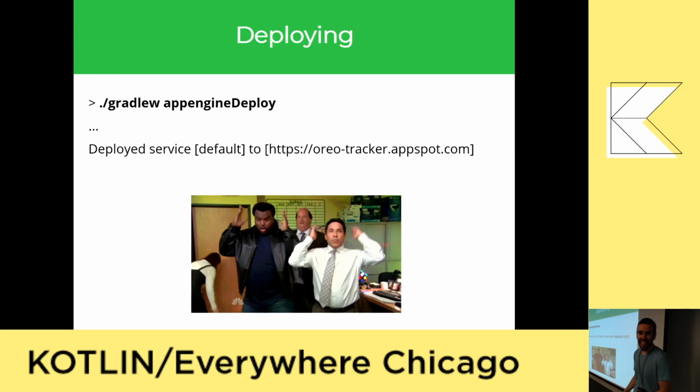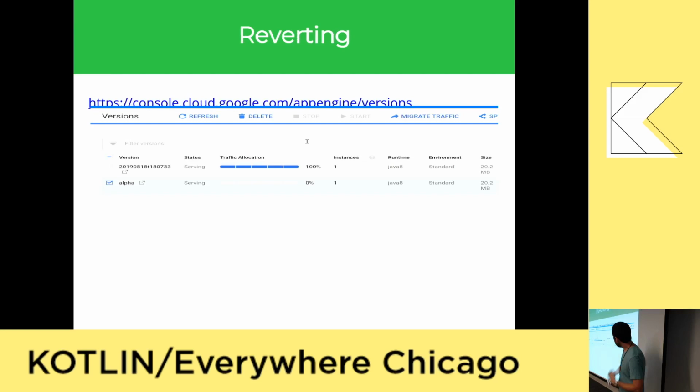Now let's say that you screwed up. The other nice thing about Google Cloud is that it will keep your old versions up there. You just have to go to the versions. Right here I have two of them, one that I called alpha, and the other one which was just an automatically generated timestamp. So you'll see I clicked on the alpha, hit migrate traffic.